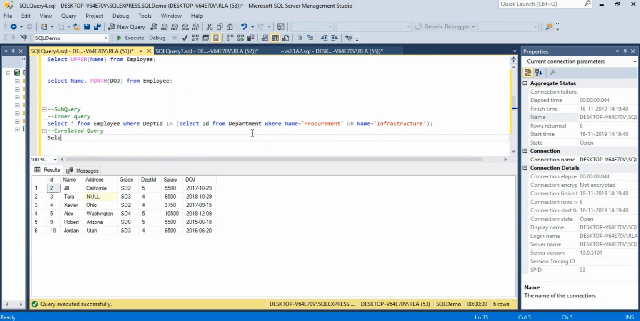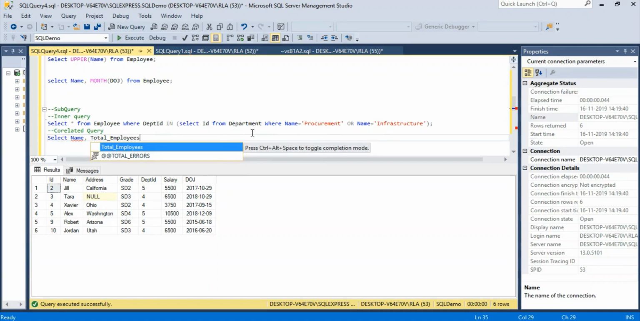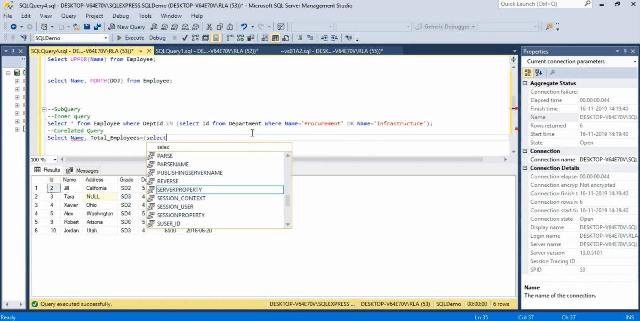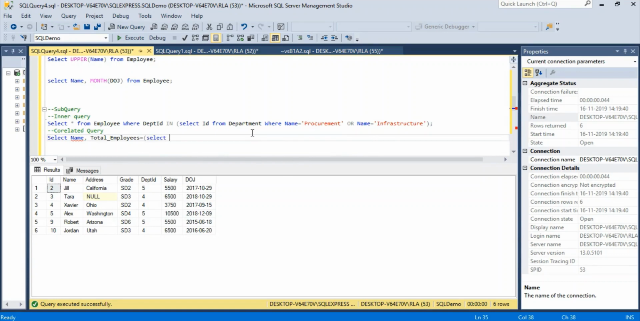So what I will do is select the department first, that is the name of the department, and I'm going to provide here total employees as the column name, which will get its value from a subquery: select count star from the employee table, because we want to count the number of employees belonging to each of these departments, where